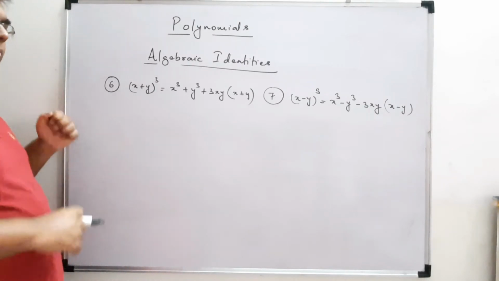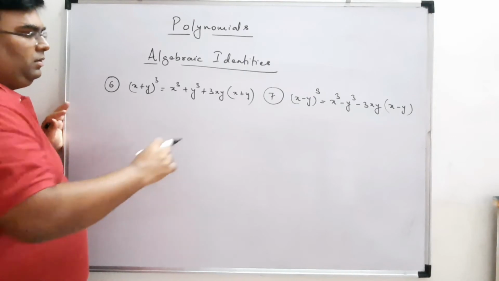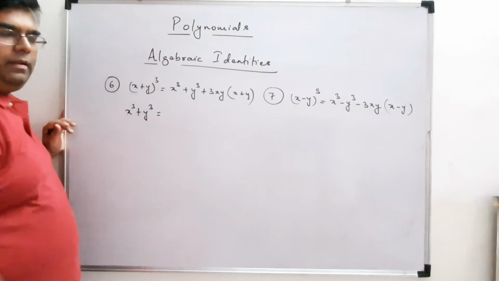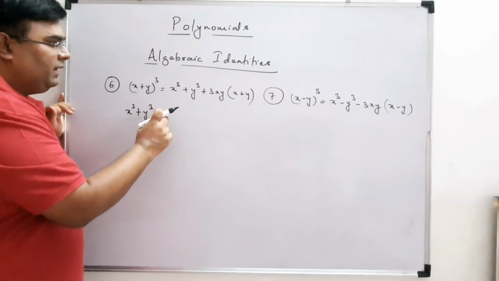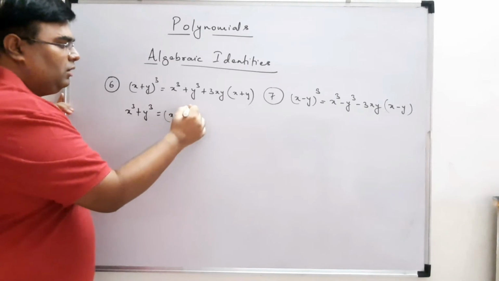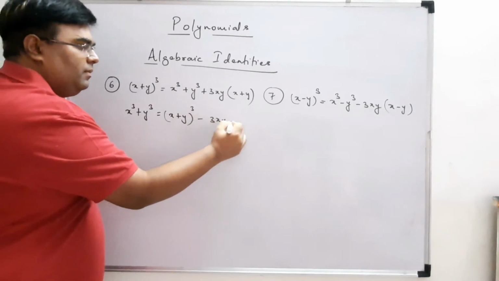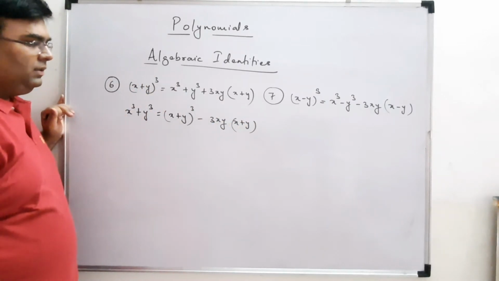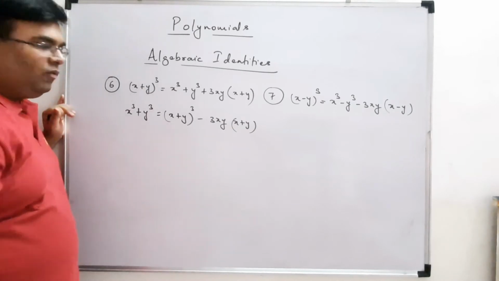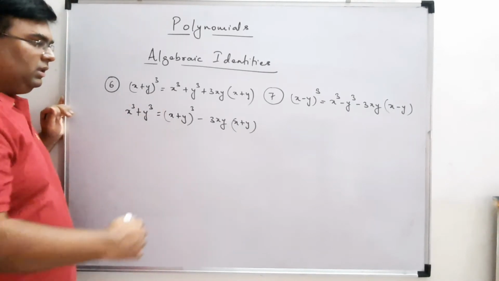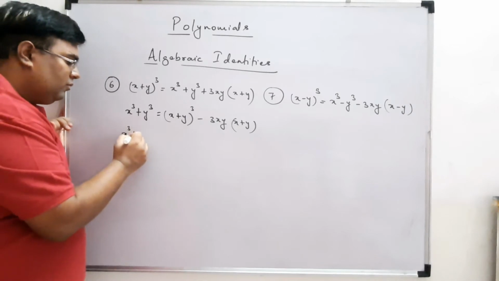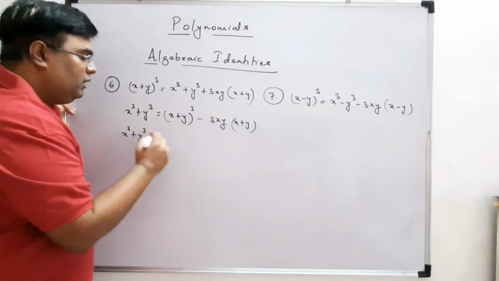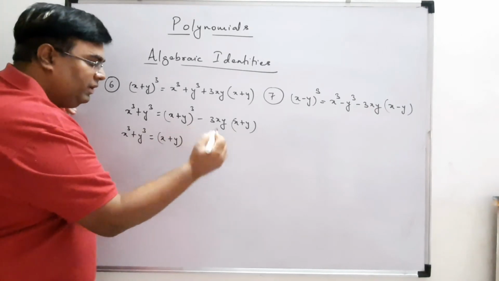Okay, now from here, what I want to say is x³ + y³, right? From here, what will we get? We will get (x + y)³ − 3xy(x + y). The whole term will go to the left, right? So this is another formula involving cubic terms. Okay, there is another formula for x³ + y³, which is called the factorization formula. You need to remember that also, very useful.